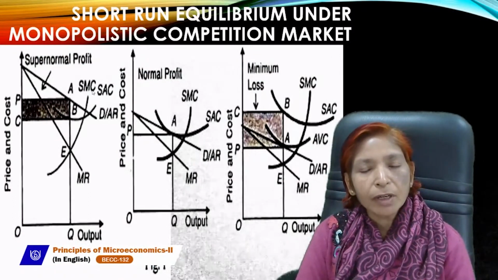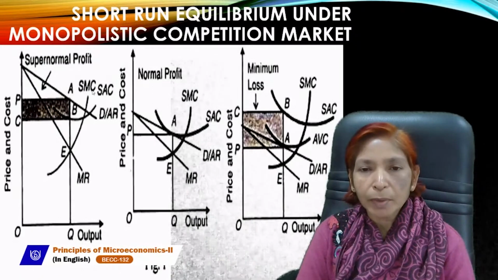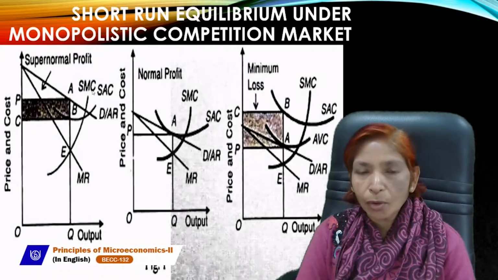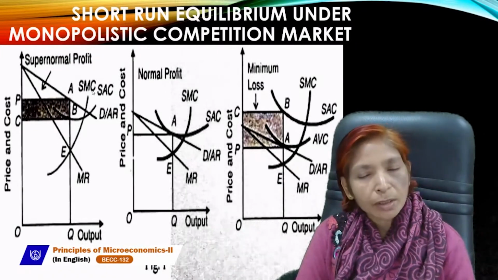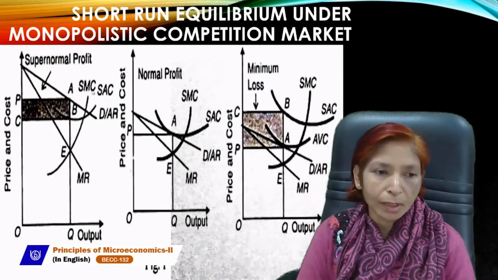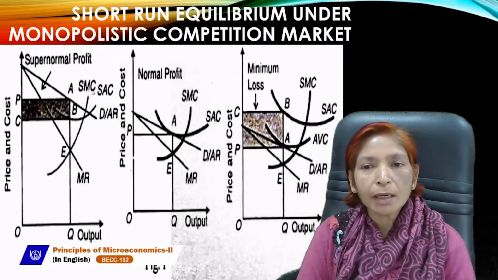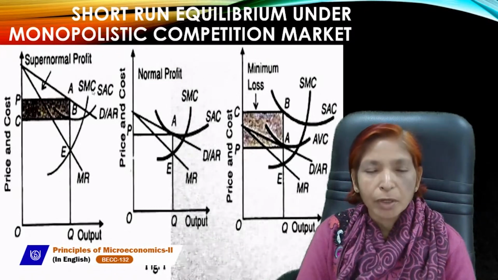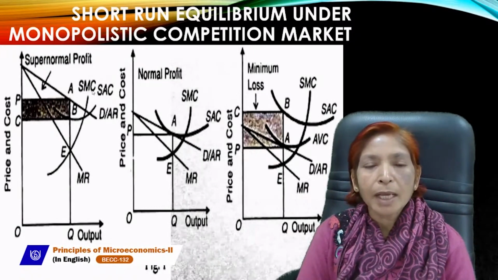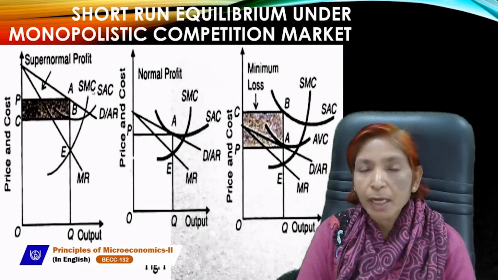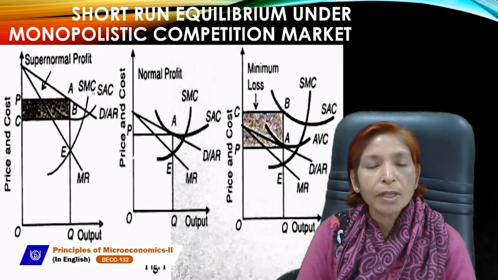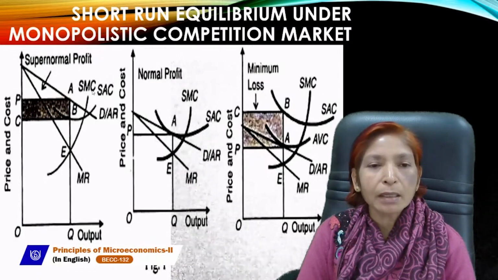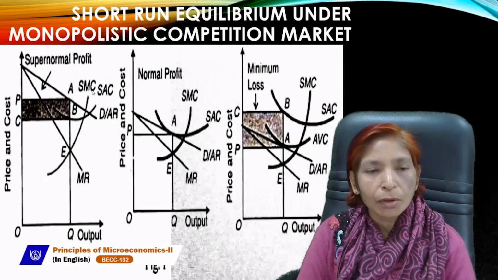the monopoly market diagram will remain the same in the monopolistic competition market, because the demand curve is downward in the monopoly market, and in the monopolistic competition market the demand curve is also downward. But in the perfect competition market the demand curve is horizontal, or parallel to the x-axis, because in the perfect competition market price remains the same. When price remains the same, then average revenue is equal to marginal revenue, and TR increases by the same ratio or